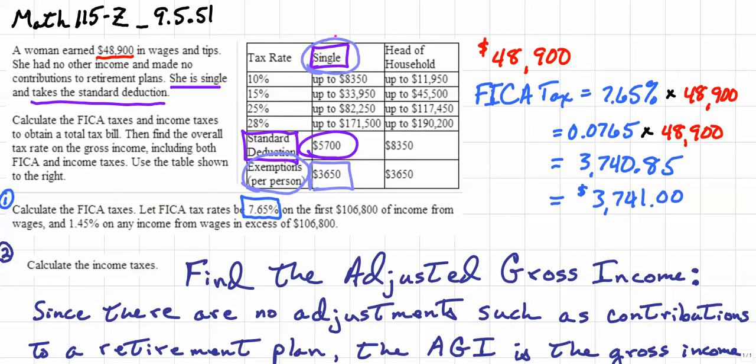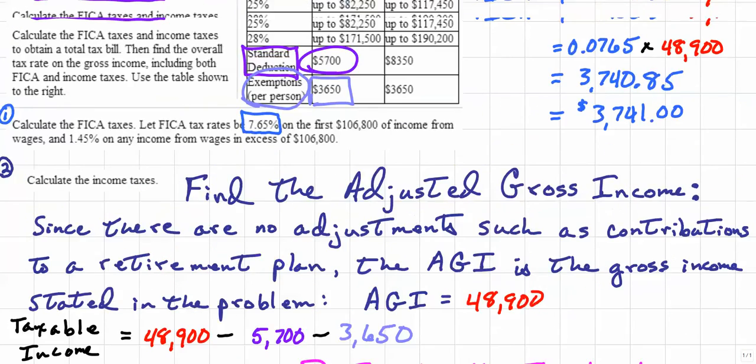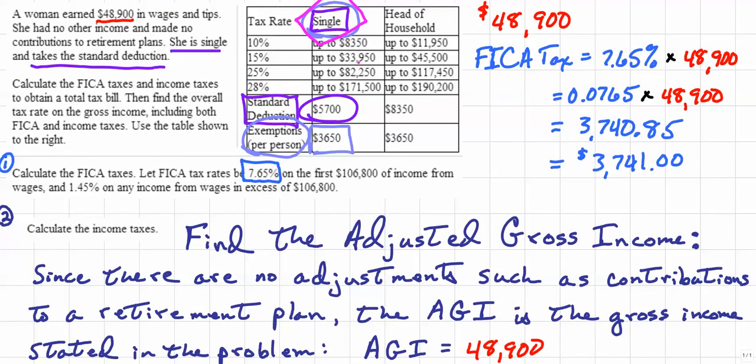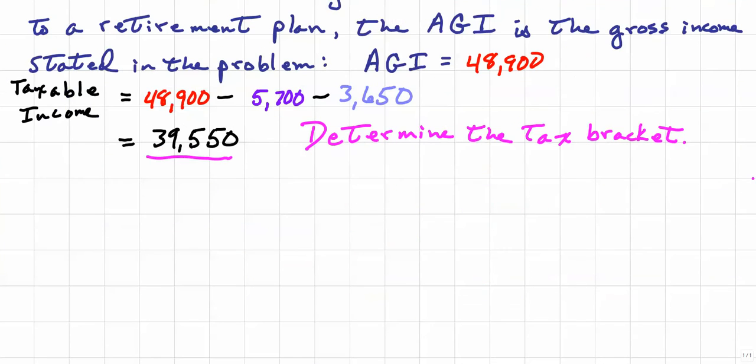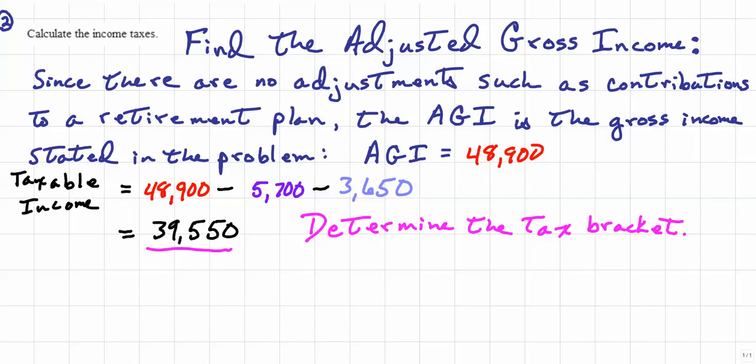Okay, so to determine the tax bracket, we note that she has a taxable income of $39,550. Once again, she is single, so we keep that in mind. And we see that $39,550 is going to fall between this value and this value. So that means that our person in question is in the 25% tax bracket. So we're going to take our income and we're going to calculate on this. Okay, we need to keep in mind on this that